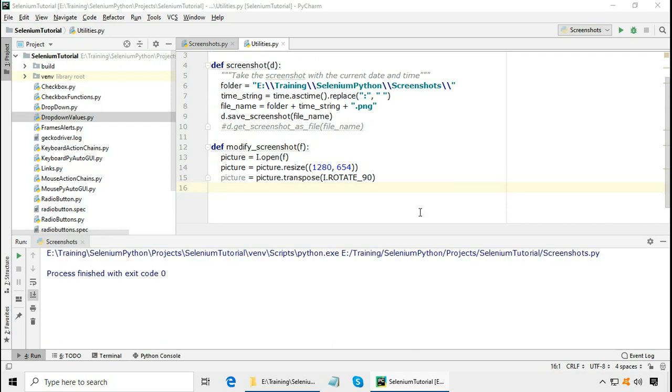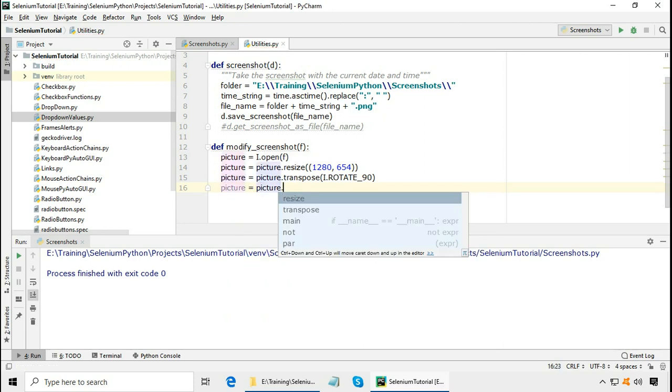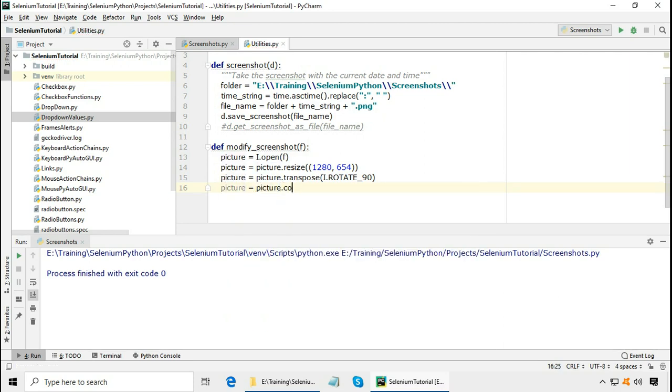Okay, I want to save the screenshot as .jpg. So picture is equal to picture, and I need to convert it using the RGB string because that is the format used by JPG. In Python the strings are immutable, so we cannot modify f.